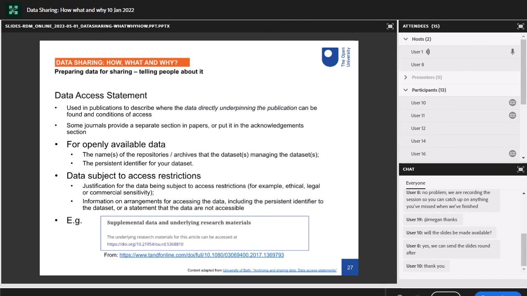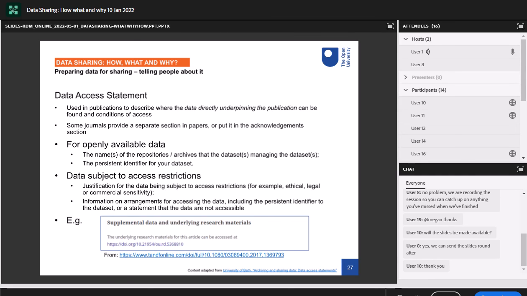Another question about data sharing is, how do people find out that your data is there? How do you tell people about it? There are loads of ways that you can tell people about your data. You could list it in your academic profile, which, as I mentioned, we're looking to automate for Ordo. You can put it in your publication lists, you can put it on your blog, you can tweet about it,